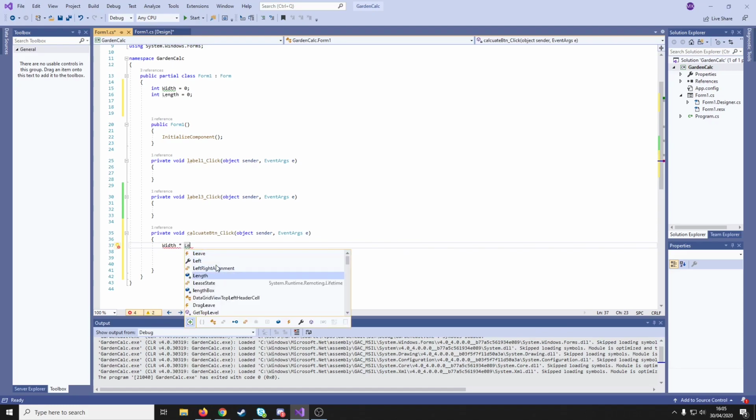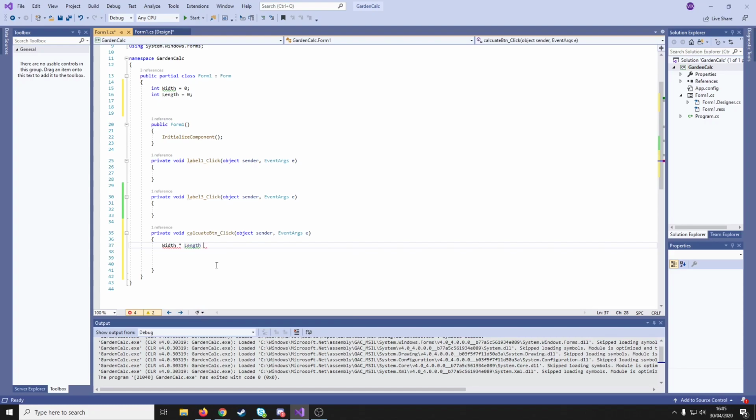Notice how Visual Studio auto-completes things for you. And we can then do a bracket. Now, you may have noticed, doing this doesn't actually do anything. So we need a new variable. We'll call this one integer